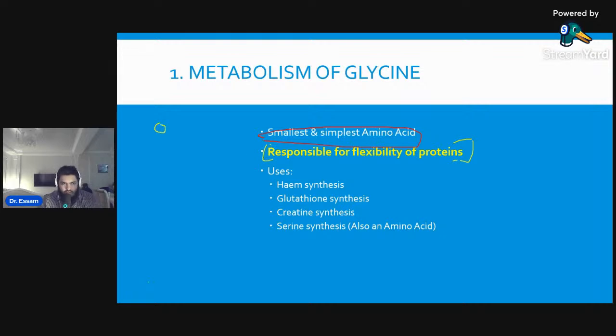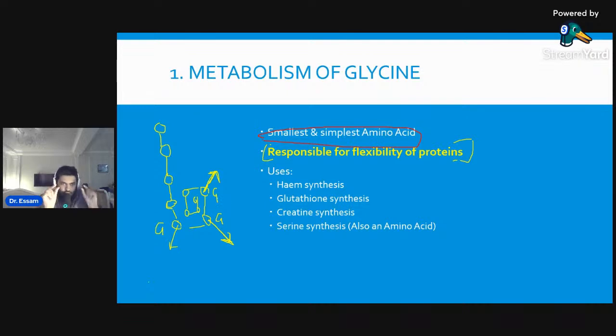I've already told you many amino acids are attached together to form a protein, right? Now, if I want to twist this protein, if I want to turn it many, many times, what do you think? If I put a large amino acid over here on the corner, will I be able to turn it? No, I will not be able to turn it. So I need glycine on these corners, right?